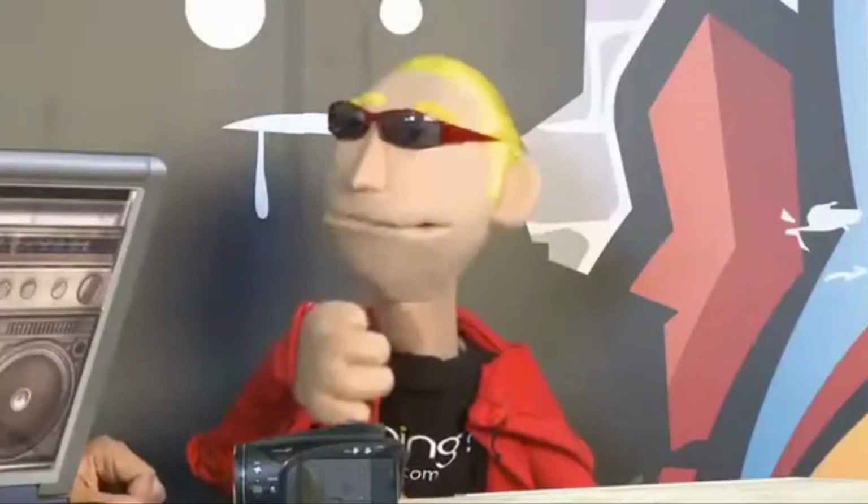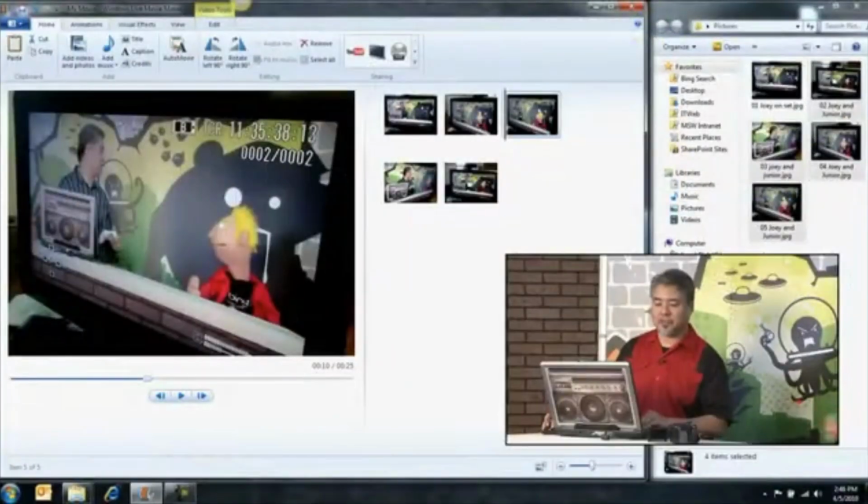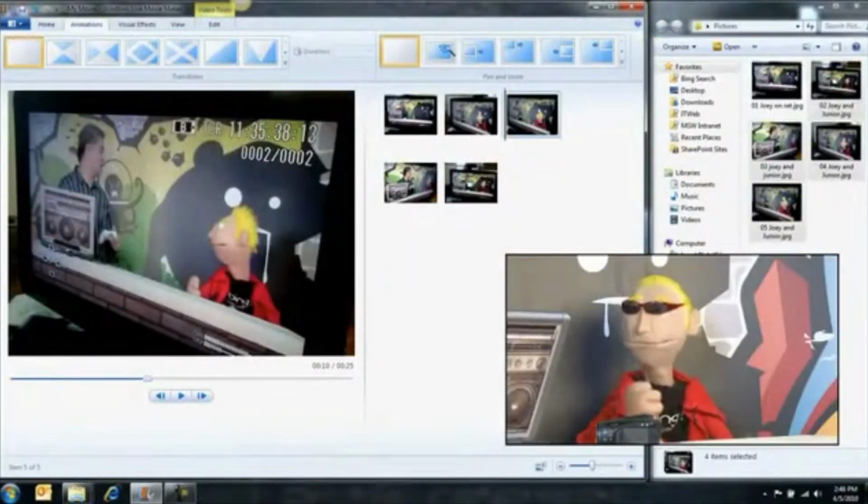But you know what? It just kind of looks like a slideshow and not like a movie. We need to give it a little more life. Need to punch it up, Joey. One way to do that is by transitions. What are those? Transitions are animations that make the transition or the switch from photo to photo a little more smooth and entertaining. Like a star wipe. Yes. I love those. Do we have those? Yes, we've got a star wipe. So what I'm going to do is I'm so excited.